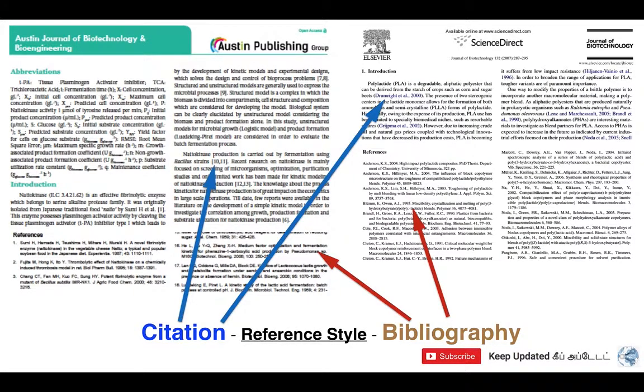Here I have given two such examples of a research article. One is from Austin Publishing Group and the other is from Elsevier. With regard to the journals, one is the Austin Journal of Biotechnology and Bioengineering, and the other is the Journal of Biotechnology. You can see the citation and bibliography. What do you mean by citation? It means in the running script of your manuscript or thesis, you will have certain numberings or the author,